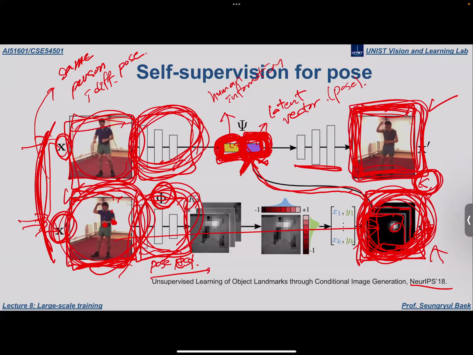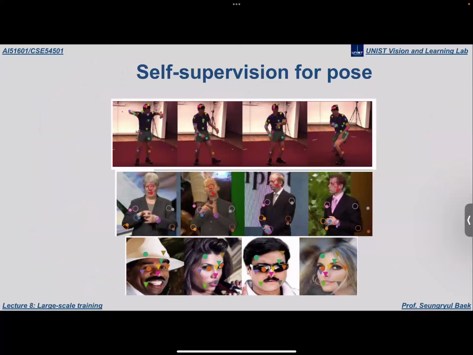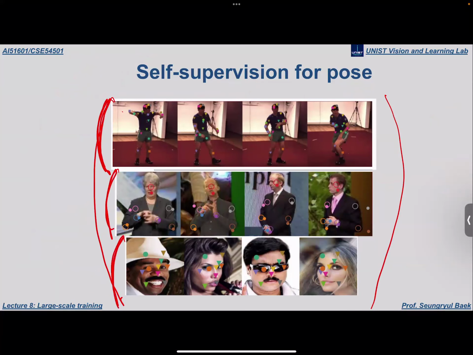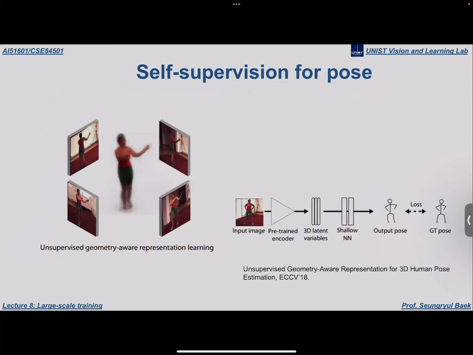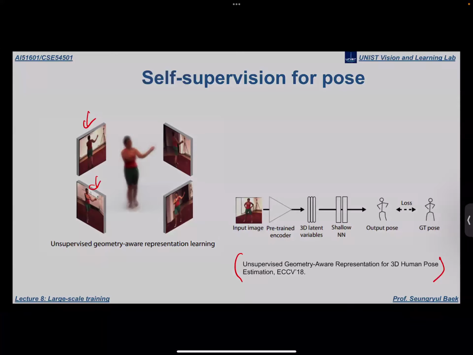By using these paired images as the supervisory signal, we can train the pose estimation network without any pose ground truth. So using these paired images, we can train the human body landmark estimator and also other similar landmark estimators without giving any ground truth landmarks. Okay, and this paper is also similar to the previous one. If we are given multiple images,